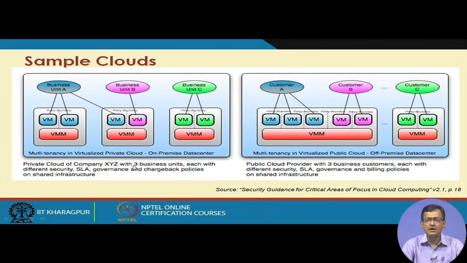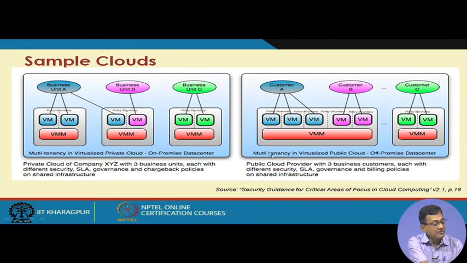Now, a typical scenario we are discussing is a private cloud, say an organizational cloud, say the IIT Kharagpur cloud. It has three business units, business A, business B and business C, and there is a chance that business A is sharing one of the VMs in the data center or the infrastructure where business B is, while C is isolated. So the services or data are residing on the same physical systems.